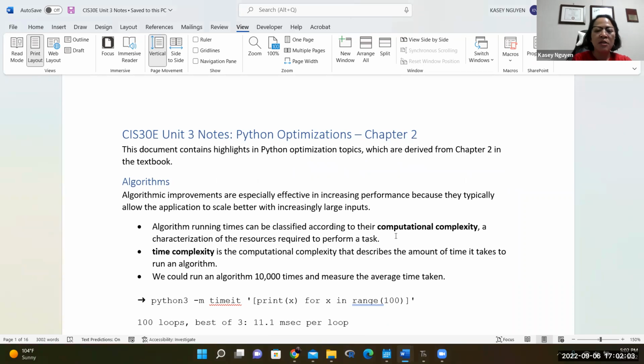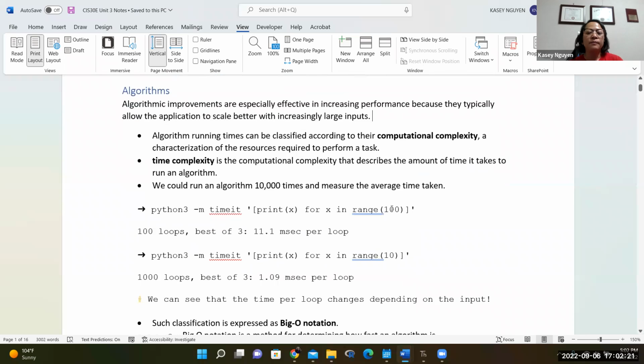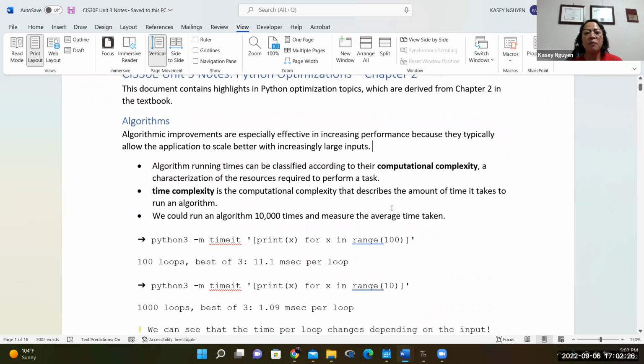So in any application, you would have procedures or step-by-steps on how you would implement it to be able to solve your problem, right? In the past, we only wrote snippets of code in the last week just to do some tests. So this week, we're going to take a look at how effective an algorithm is when you're using different types of data structures. So an algorithm can be run multiple times to be able to assess computational complexity,